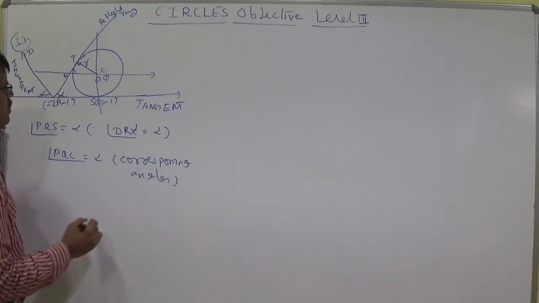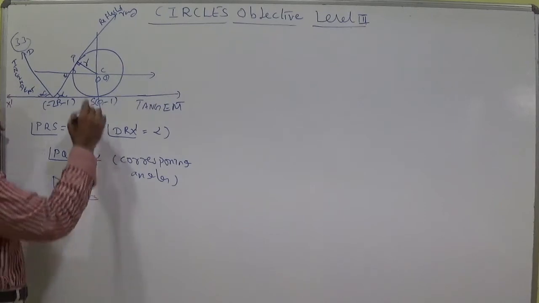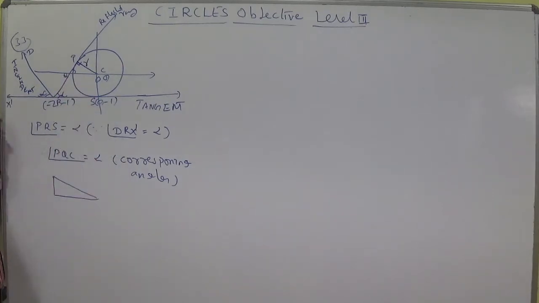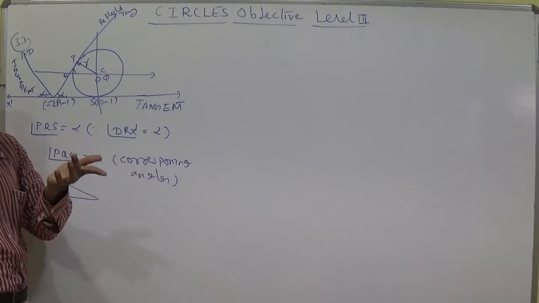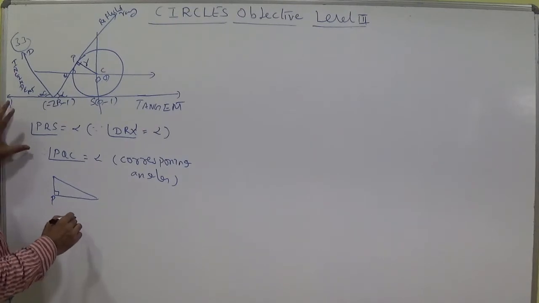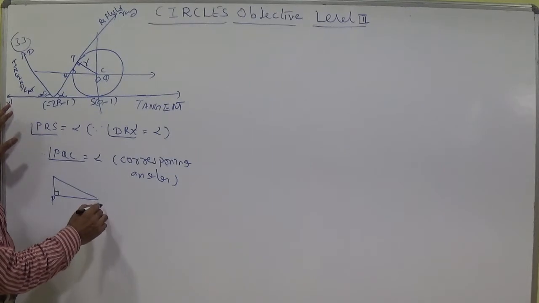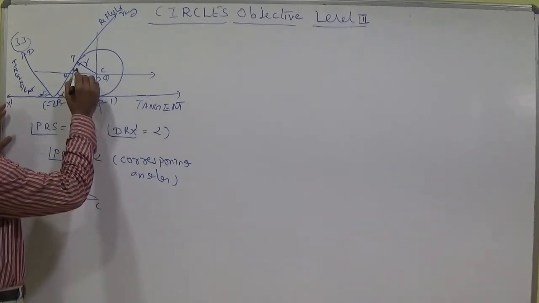The concept is corresponding angles. We know that the diameter divides the circle into two equal parts. This is CP, and CP is a radius. At the radius it becomes 90 degrees, because the angle in a semicircle is 90 degrees. So the angle at P is 90 degrees. Now we should calculate about C. Regarding C, this is alpha, right?